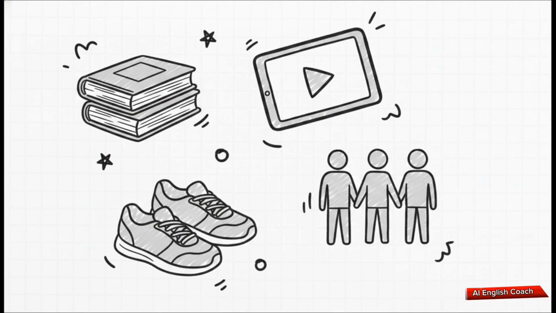Repeat after me again. I often read books. I often watch YouTube videos. I often spend time with my family. I often go for a walk. Right, so here's the crucial takeaway. By simply switching out the word usually for often, you've subtly signaled to your listener that you're sharing a piece of your personal life. You're talking about what actually brings you joy rather than just listing out your strict daily chores.